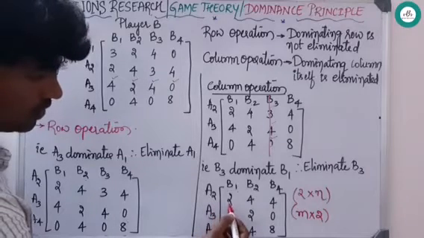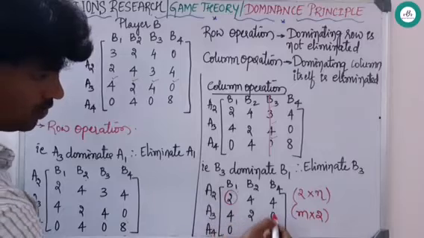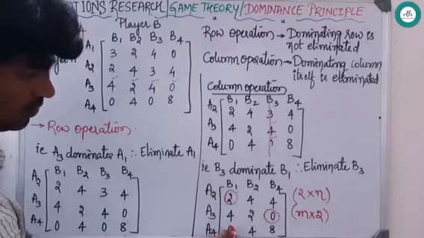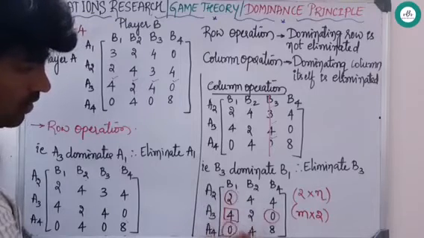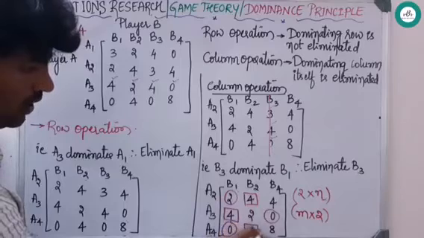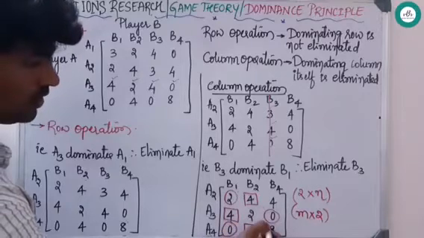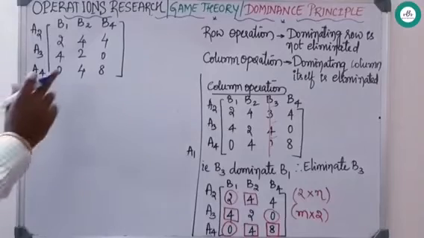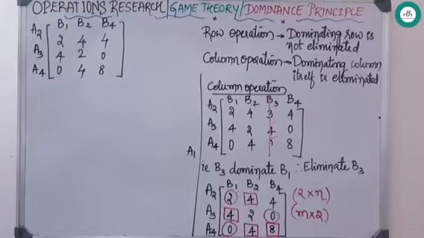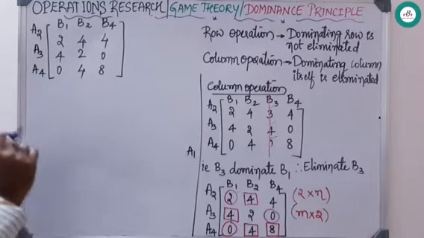So the first row minimum is 2, the second row minimum is 0, and the third row minimum is 0. Coming to column wise, the first column maximum is 4, the second column maximum is 4, and 4 again, the third column maximum is 8. With this it is clear that it is not a type 1 also. When you get stuck with a problem like this, it is something very typical, wherein a row operation or a column operation didn't affect the solution.